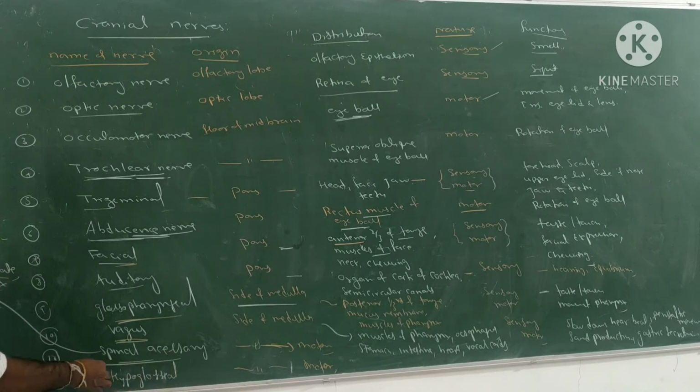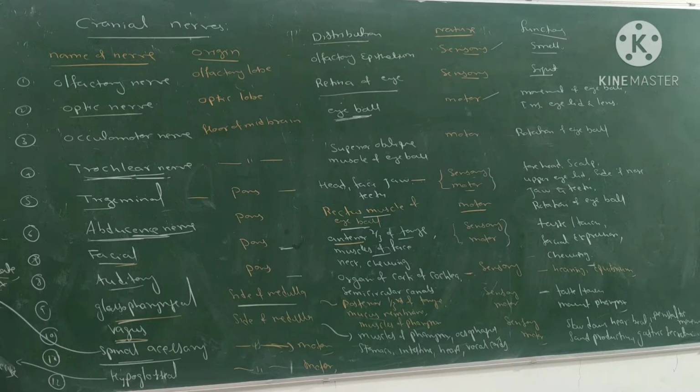So spinal accessory, which includes the nerves innervating the muscles of the palate and then pharynx and larynx and then the vocal cord and neck. So here it is involved with the movements in neck as well as the movements of the vocal cord for the production of sound, and along with that the muscular movement of the pharynx and the muscles of palate that helps in the chewing of the food or the